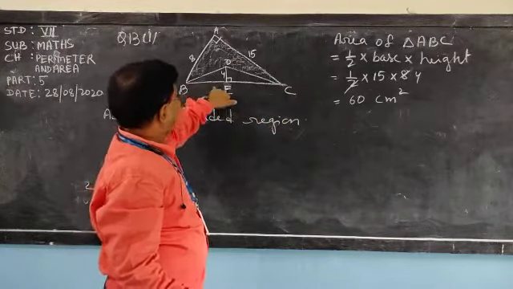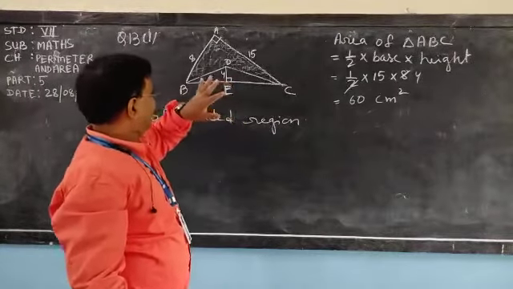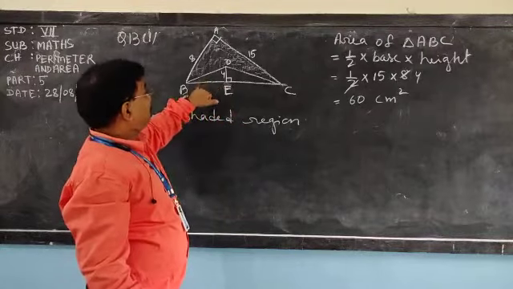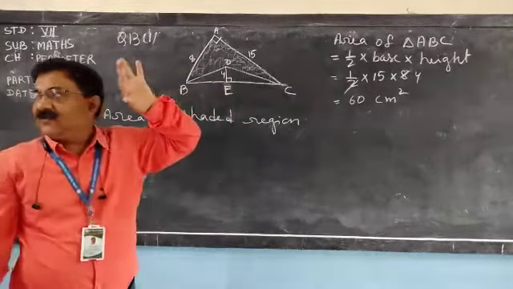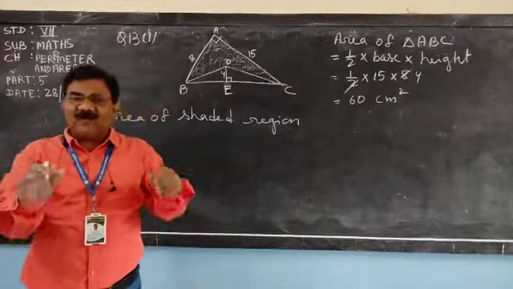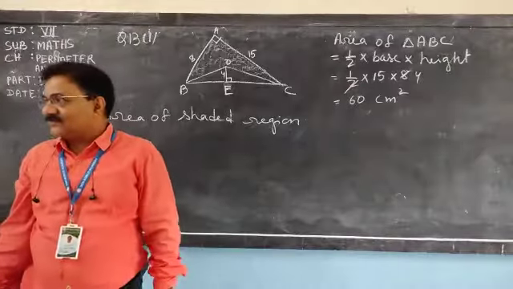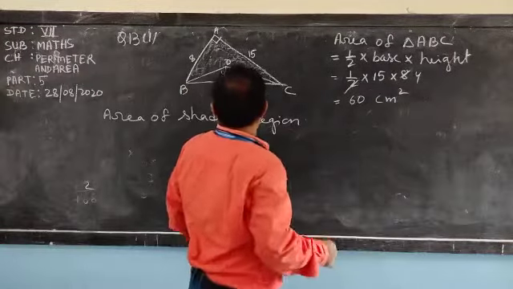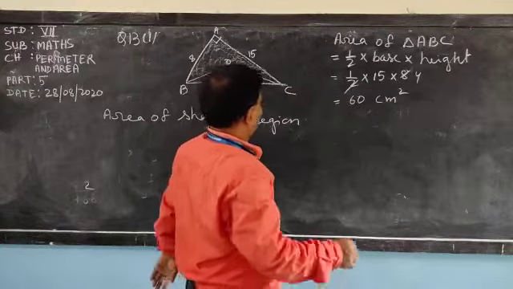BDC. But in BDC, height is given, base is not given, and we know that BC is the hypotenuse of triangle ABC. So we know how to find the hypotenuse by using Pythagoras theorem. So what will we do? Let us find the length of BC